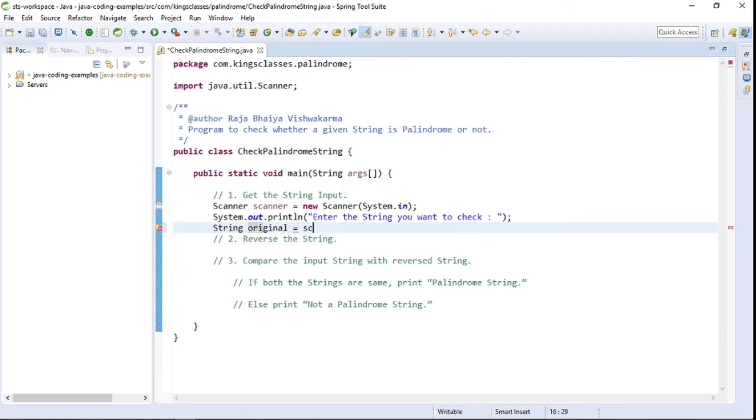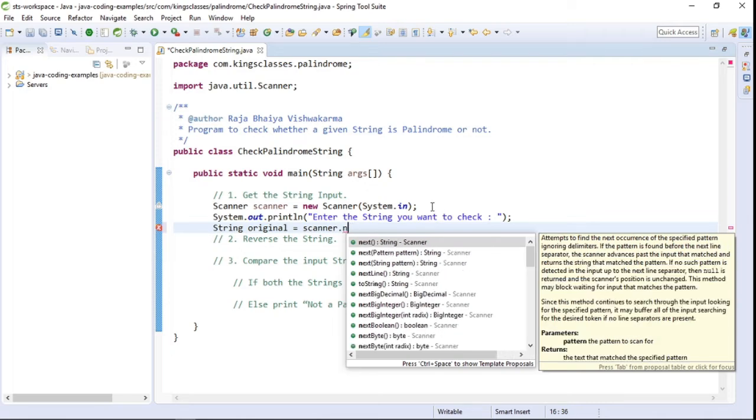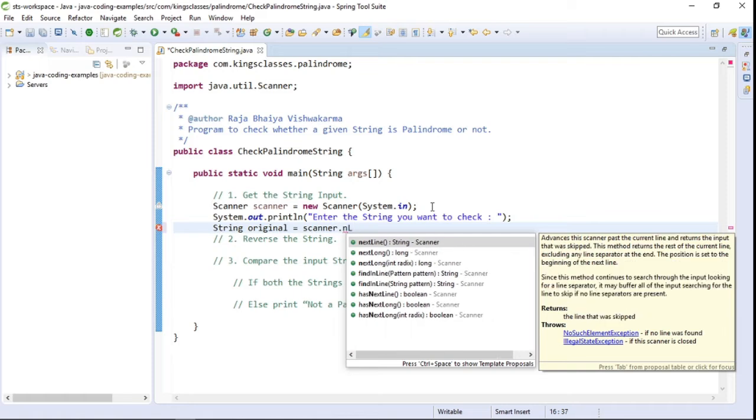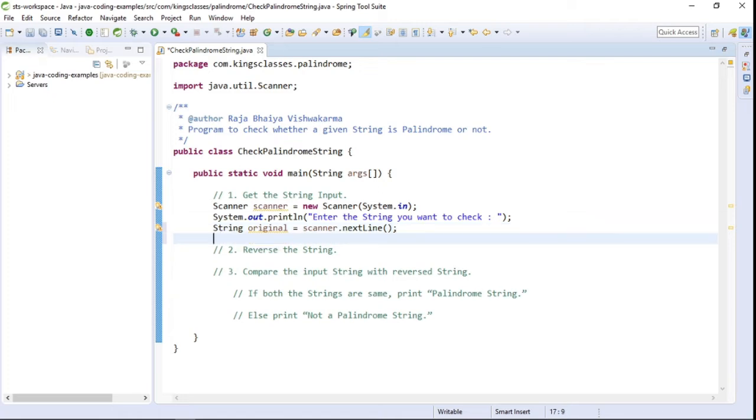So how will we get the string from the user? scanner.next. There are two methods in the Scanner class, next or nextLine, so you can use any of them. This method will return the string that the user has entered.